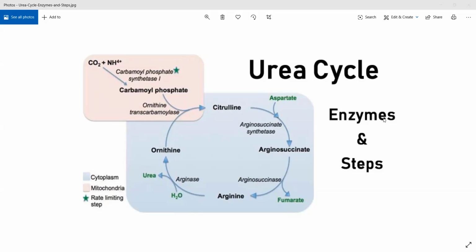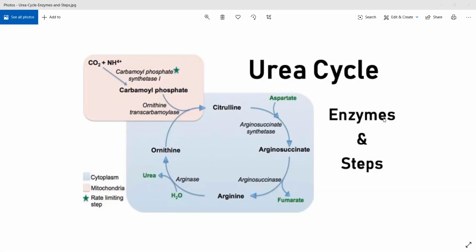If, let's suppose, there is excessive urea present in your blood, at that point of time your body will regulate urea cycle, or it will slow it down. The number of urea molecules being formed will be slowed down by suppressing the formation of N-acetyl glutamate. If there is no N-acetyl glutamate, that first enzyme, carbamoyl phosphate synthetase, cannot work properly. If that enzyme is not present, you will not get carbamoyl phosphate.